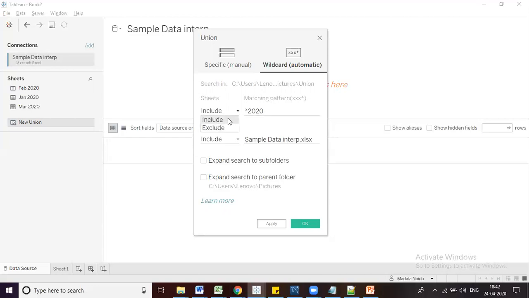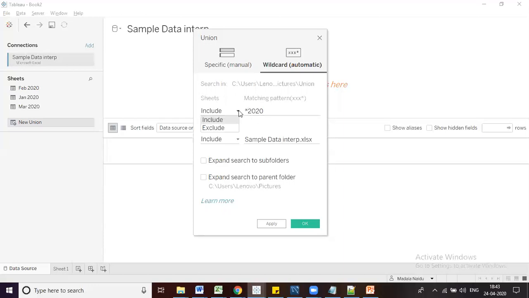Include means it will include wherever it finds the sheet name with 2020 at the ending. If you want 2020 at the starting, then you have to keep the star on the back side of 2020, the last side of 2020. You can use star to match any string of characters. For example, sales star finds sales.csv and sales199.csv. So this is how it will work.